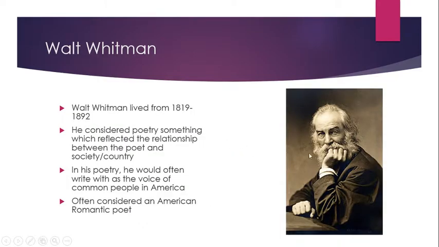Our next author is Walt Whitman. So he lived from 1819 to 1892. And poetry was something that was very important to him, and he often reflected on his relationship as the poet and his relationship to his readers, and also the role of the poet in the grand scheme of society and country, and what poetry should do. So he saw poetry as something that should bring people together and to celebrate the life of a country. So with his poetry, he would often write as the voice of common people. So he would seek as much as possible to be the voice for all Americans,